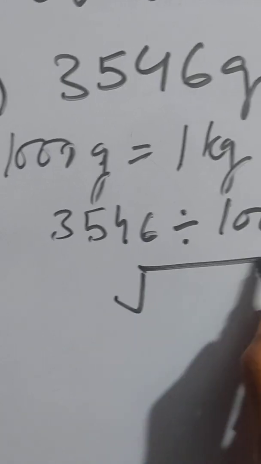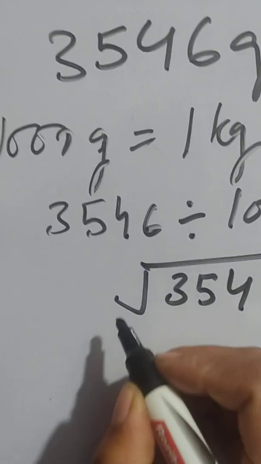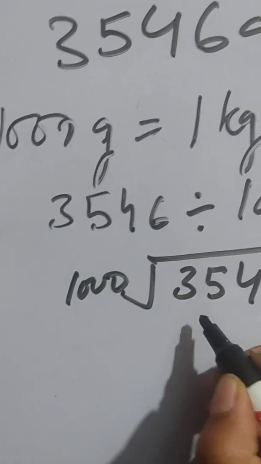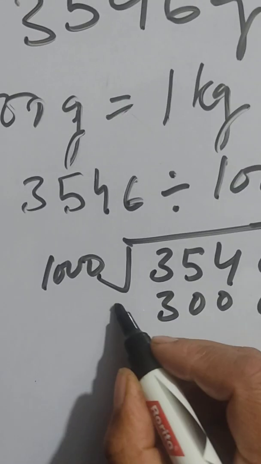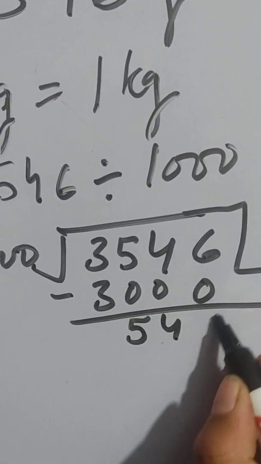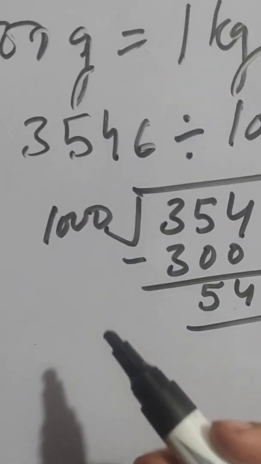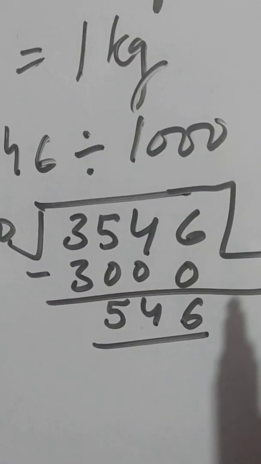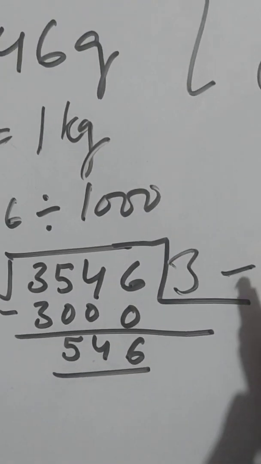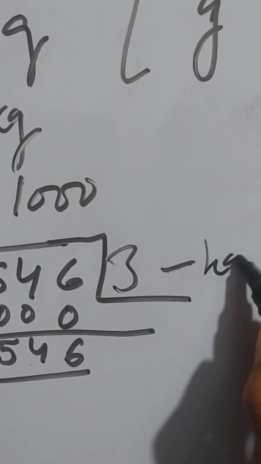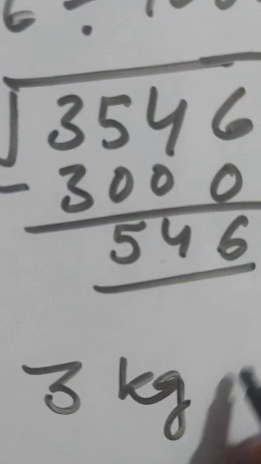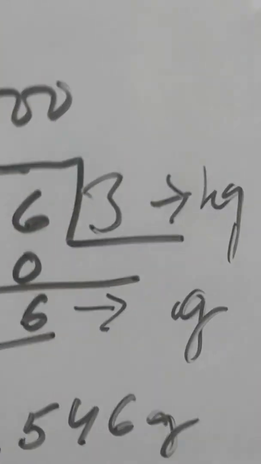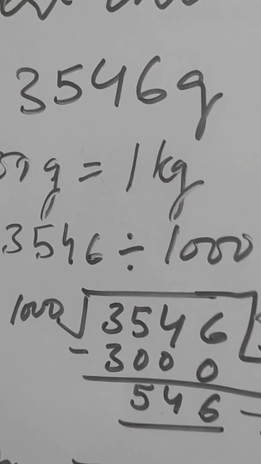So you can divide it here itself. No need to do it in the rough. First number is 3. So this will go by 3. We get 546. Okay. Now these are 3 digit and this is 4 digit. So the sum is solved. So as I told you, your question will be जिसमें आपको convert करना है kg, and your question will be your gram. So your answer is 3 kg and 546 gram.